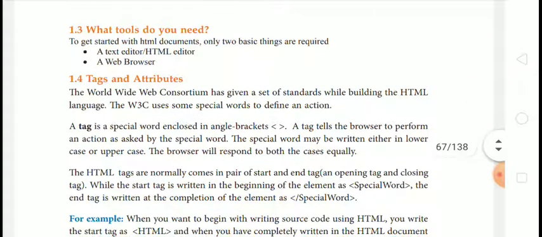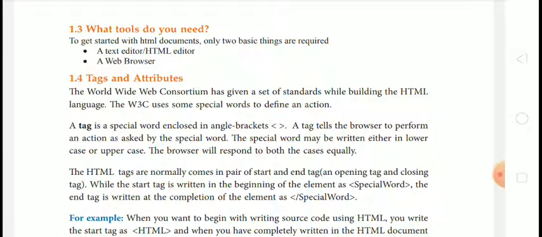Point number 3, what tools do you need? Means when you are going to use the HTML language or HTML program, which tools do you need? To get started with HTML documents, only two basic things are required.